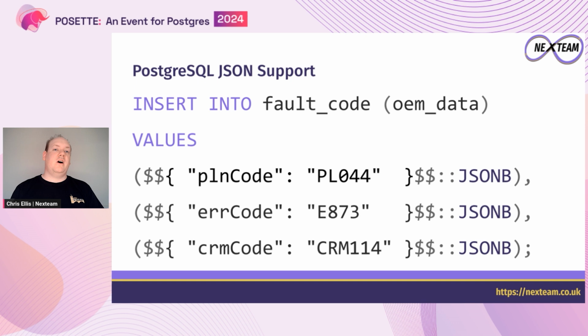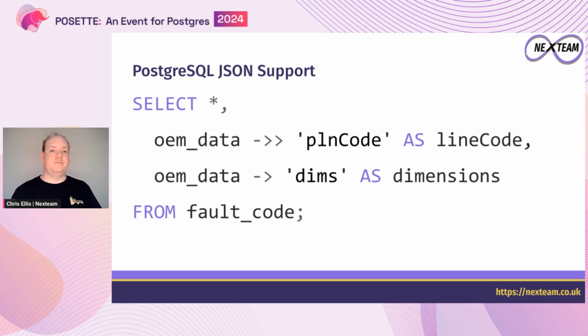So we've got to start off with putting that data in. And to do that, it's just a straightforward insert command. All we're going to do is cast the text into a JSONB data type and insert that. This is also where Postgres's dollar quoting format is super handy, especially for multi-line JSON documents, because you don't have to deal with quoting too much. You can also put a word between the two dollar symbols to make sure that you don't match a $$ inside the document, etc. But inserting this data is just as simple as a basic insert statement.